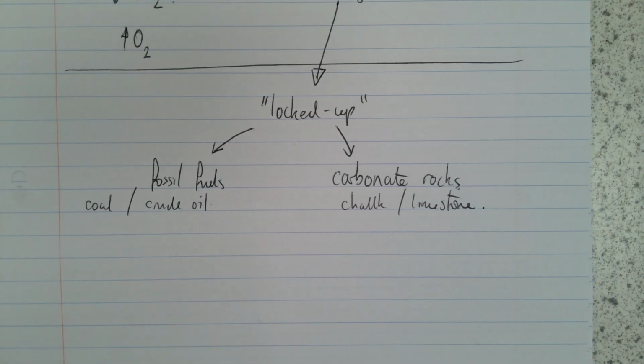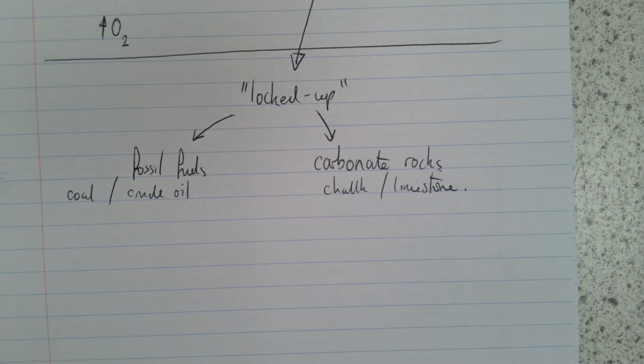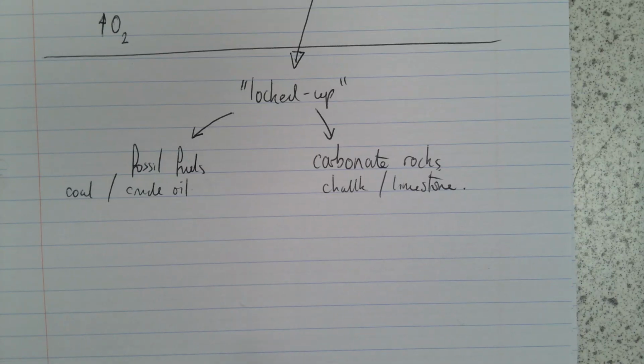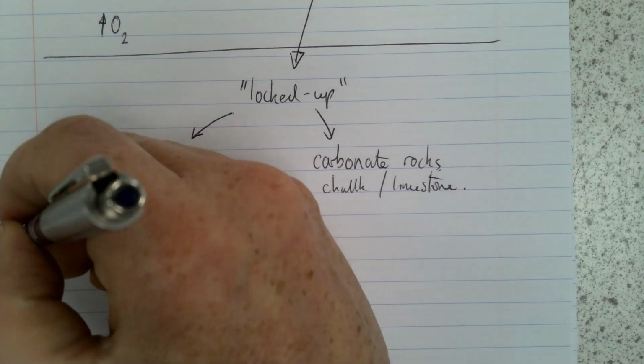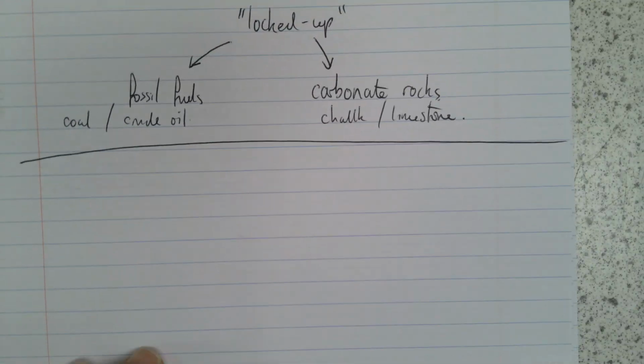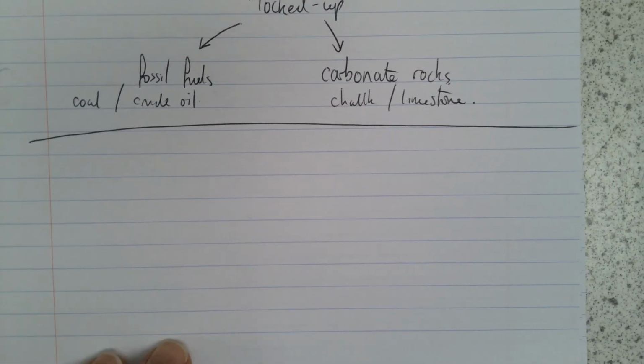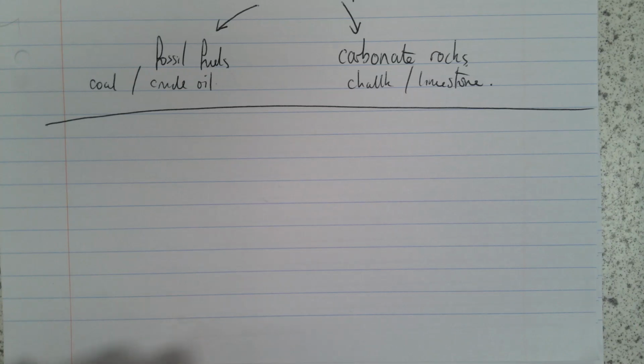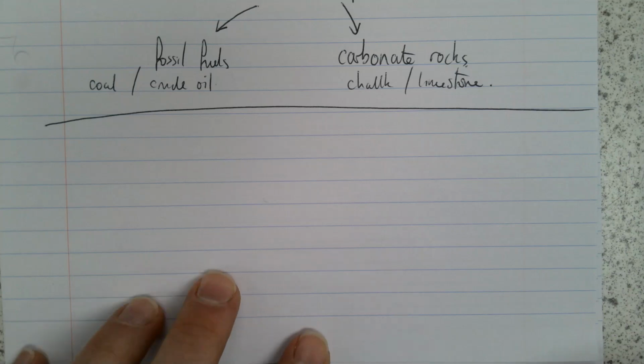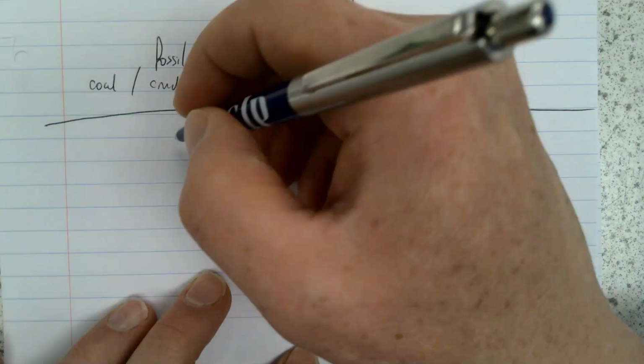Think about all of the chalk cliffs that there are around here. Imagine how many millions and billions and trillions of creatures would have needed to die, get squished together and end up there, and how much carbon is locked up in the rocks around where we live. Enormous amounts of that. So we've got fossil fuel and we've got rocks locking up that carbon. That is not a lot of detail there, but the key point is made. All right. So through those kinds of processes, we've ended up changing the early atmosphere to what it is today.